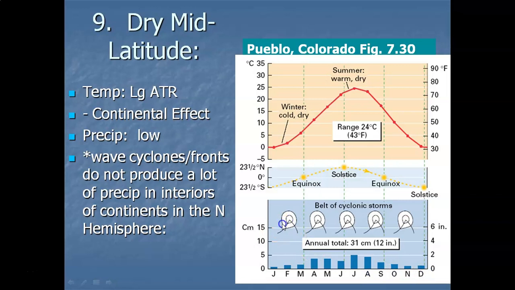Now here in Colorado, and in this climate in Asia, we're in the mid-latitude location, so it's immediately telling you that it's going to be dominated by wave cyclones all year long. But the thing is that these fronts in the wave cyclones aren't really producing much precipitation at all. I mean, they're kind of dry, low moisture fronts. And the reason is that this climate is only found in the interior of continents in the northern hemisphere, where the continents are at their widest.